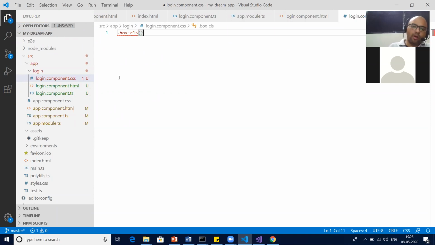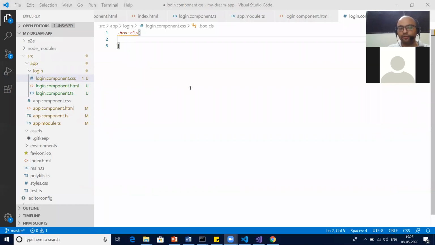So do you guys know about the CSS class? Anyone of you who doesn't know about CSS classes, CSS styles? I'm talking about only the basics, no advanced part. Anyone of you who is not aware of the basic CSS class? Anyone?